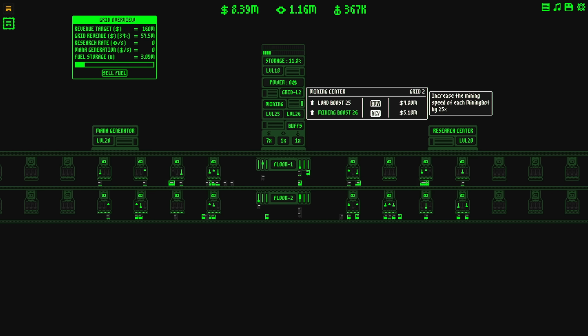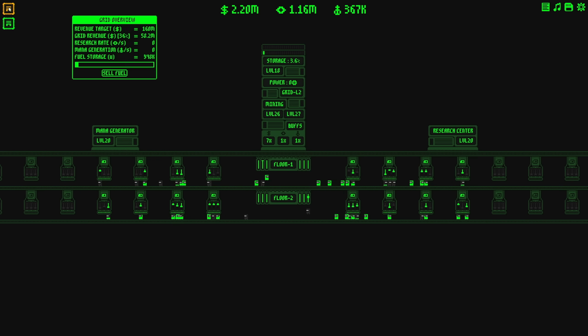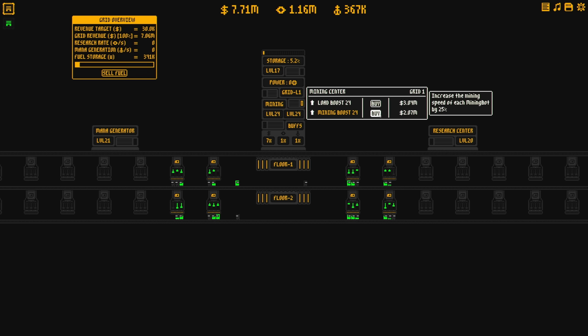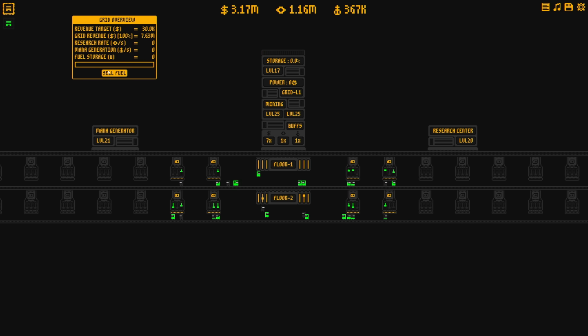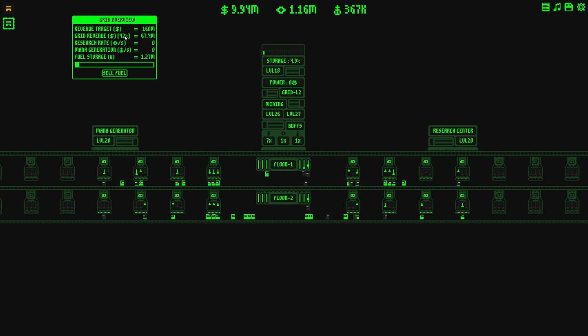Right, load boost, and then a mining boost. There we go. Fantastic. Sell. And then sell up here. Good, good. One more. 3.28. Let's do it. Fantastic. Nice. Yeah, so grid revenue, we've already hit that 100% there. That's fine. Oh, I guess the grid revenue is just here? It looks like we have to make the...